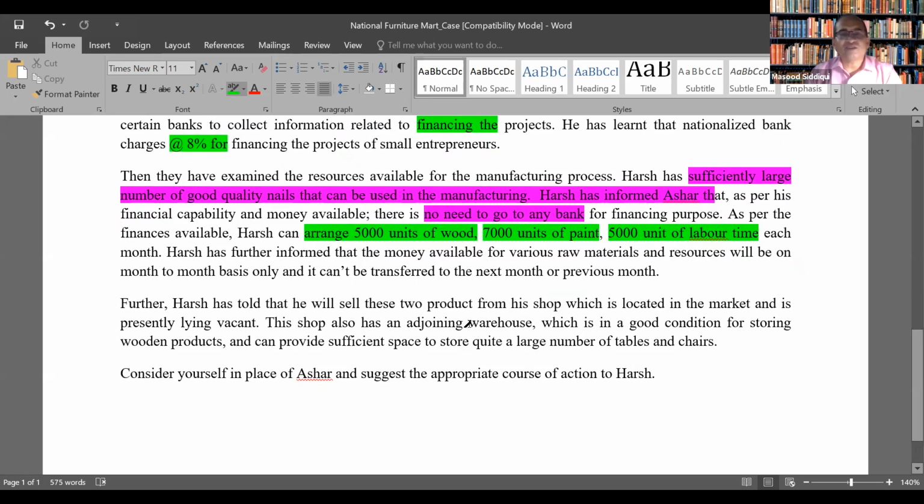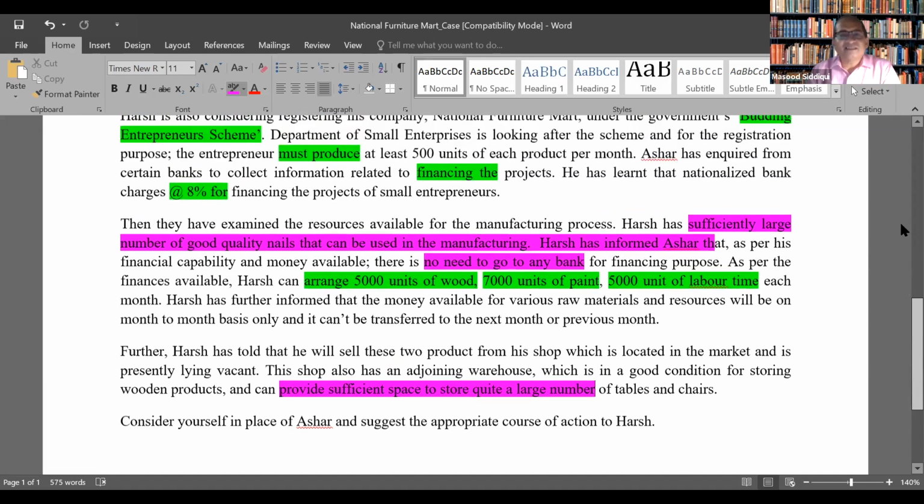This shop also has an adjoining warehouse, which is in good condition for storing wooden products and can provide sufficient space. Again, this means it is not required that space should be arranged. So this is the situation. So if we go through the case here,